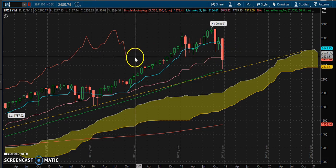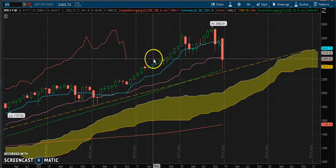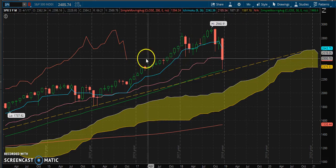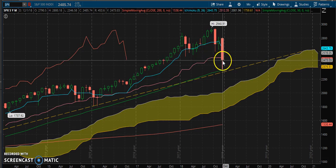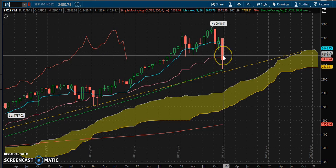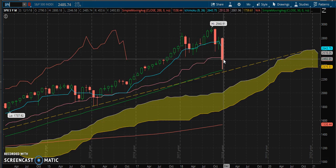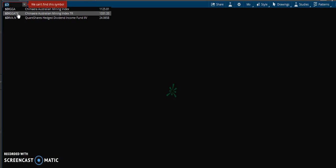So even though I do expect some consolidation, it probably is not going to be a straight move up from this point as we drag into this congestion area. So I would want to see what happens here in the next day, especially tomorrow, if the bulls can rally this back up over the Kijun. Again, we're not close to that below, and especially given the fact that the Dow